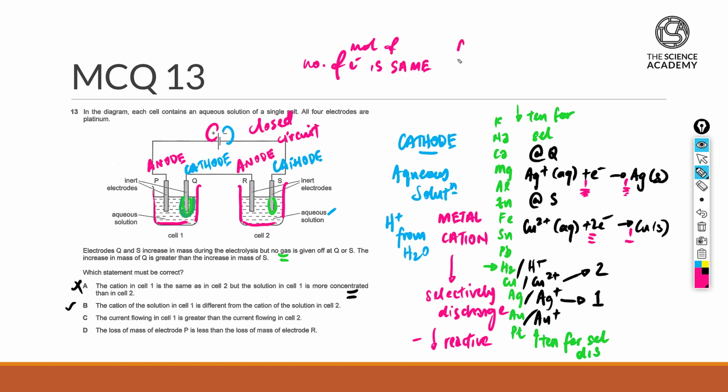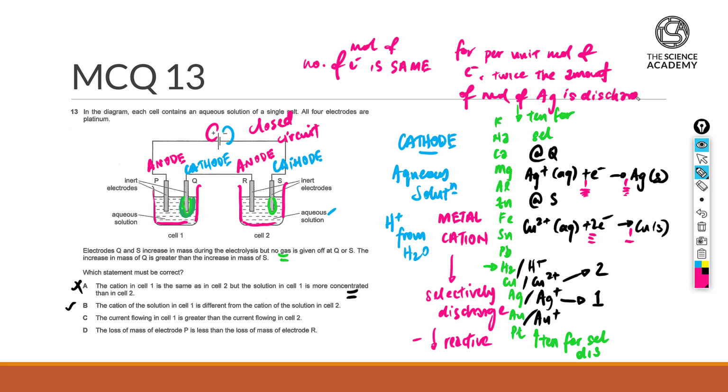So I'll say for per unit mole of electrons, twice the amount of moles of silver is discharged than copper 2+. And this gives the disparity in the mass that's collected, suggesting that B is the correct answer. But going on with the rest,